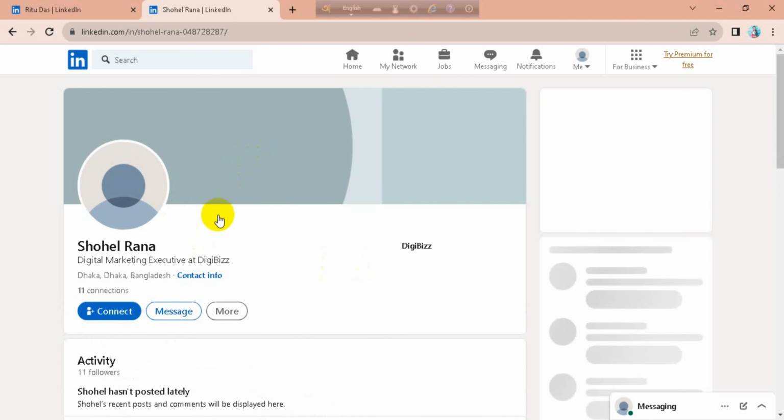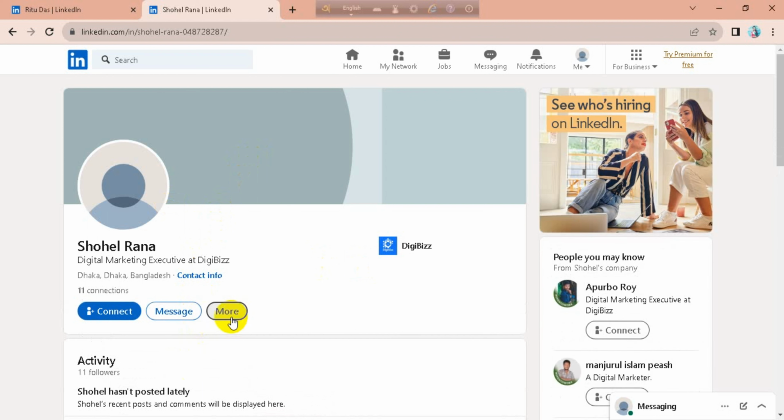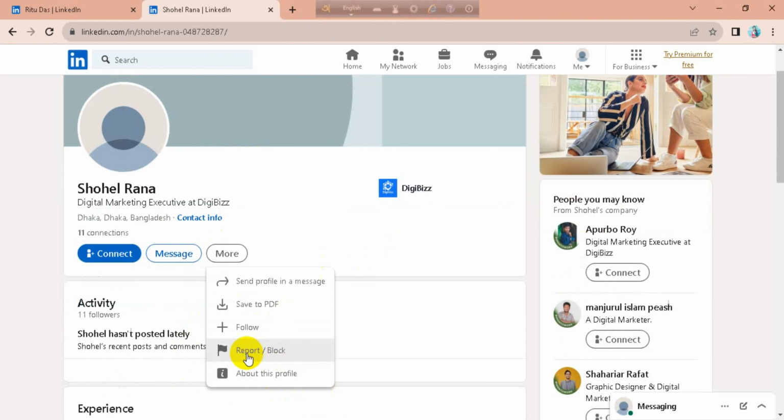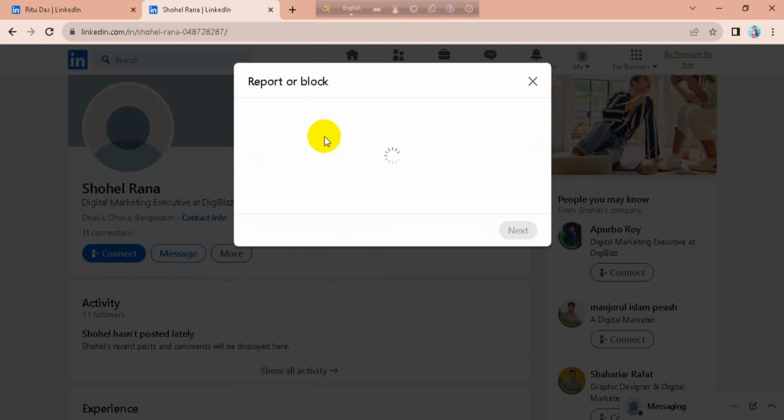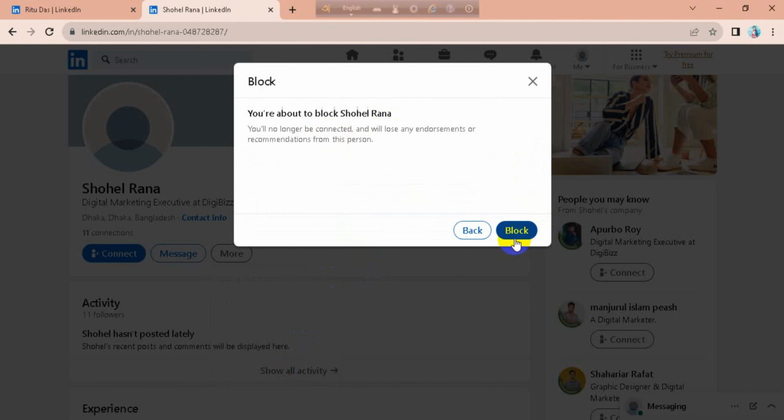wait for a second, then you can see a more option here, so you have to click on it, and after that you can see report or block option here, so you have to click on it and go for block this person and go to block,